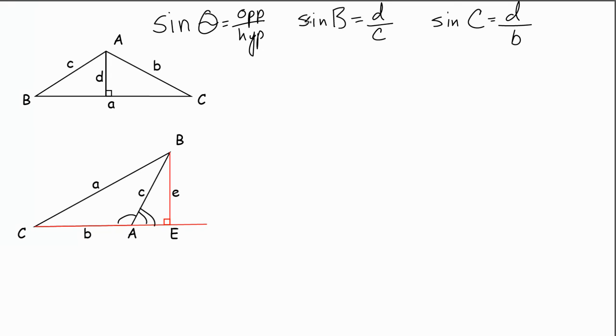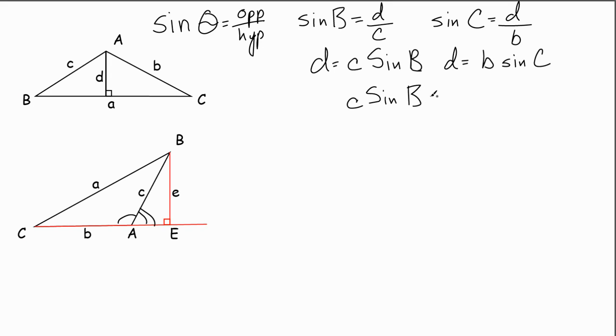Now, if we take both of these equations that we found and solve them for D, that's going to be our next step. So I'm going to have D equals C sine of B, and also D equals B sine of C. Now, by the transitive property of equality, I'm going to set these two values equal to each other because they're both equal to D. And thus, we're going to get that C sine of B is equal to B sine